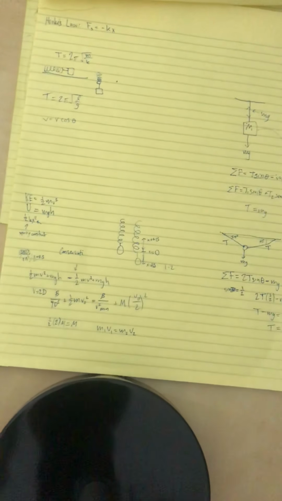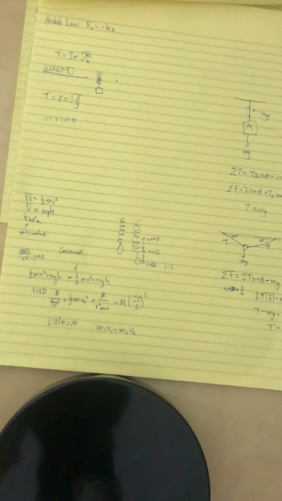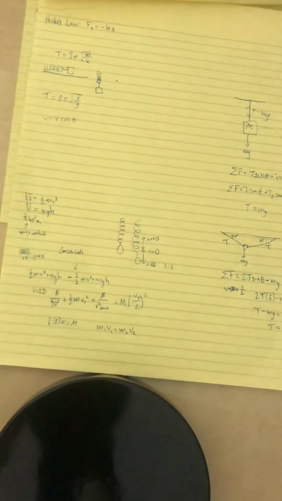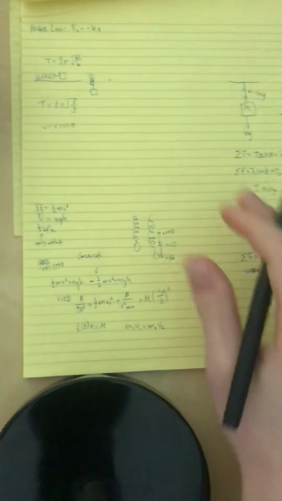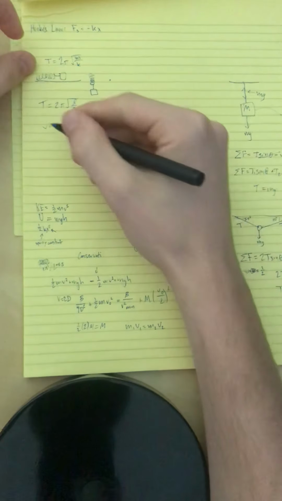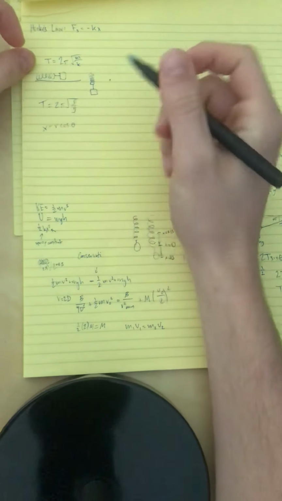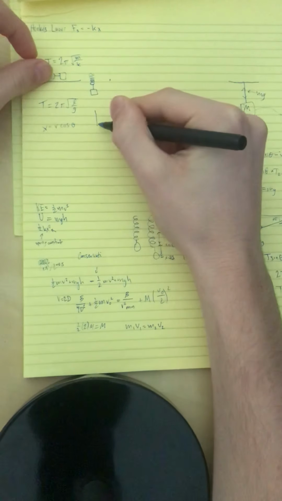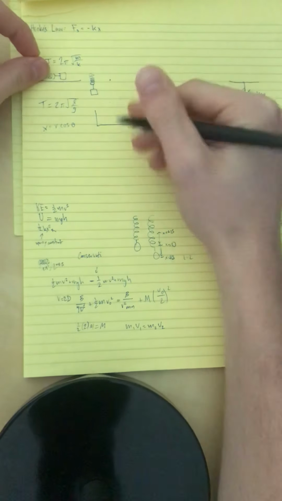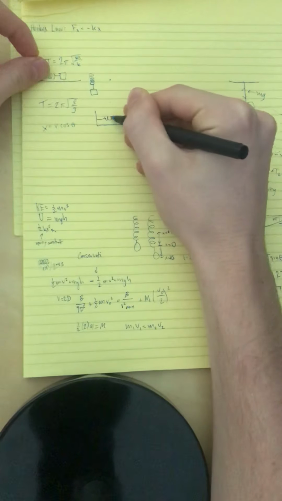So for this next video, we're gonna talk a little bit more about simple harmonic motion, and then we'll get to problem 34. Okay, so I'm just gonna start out by talking about simple harmonic motion in the context of this diagram. So let's just say we have a spring attached